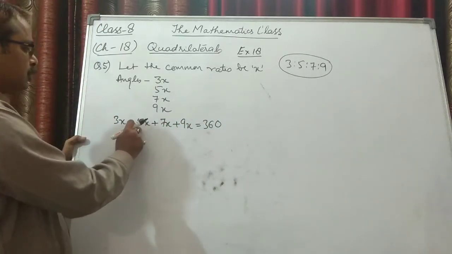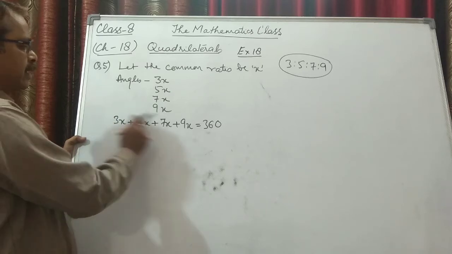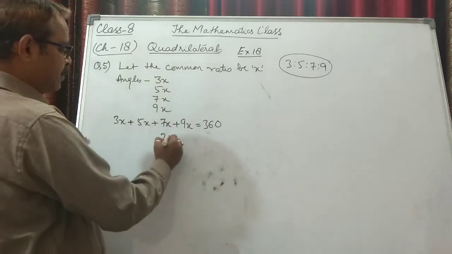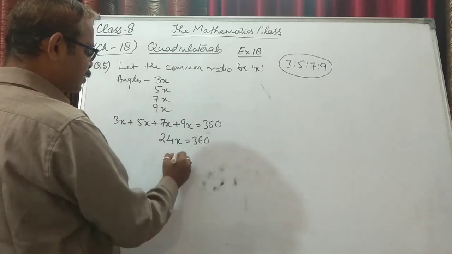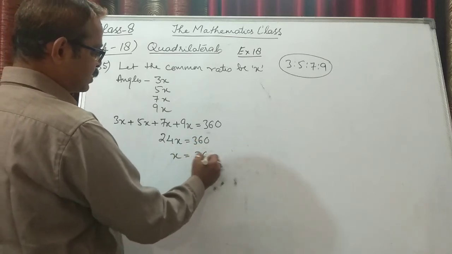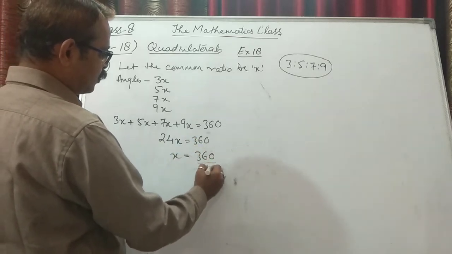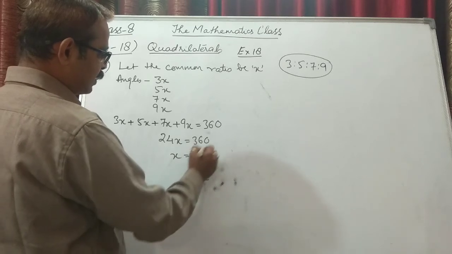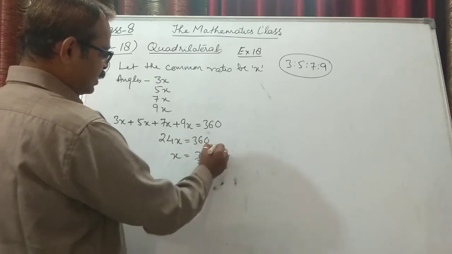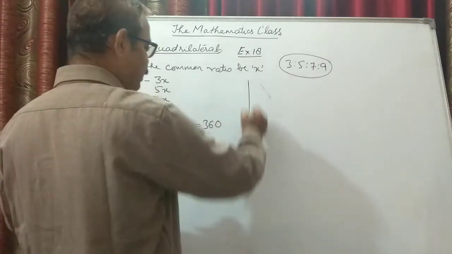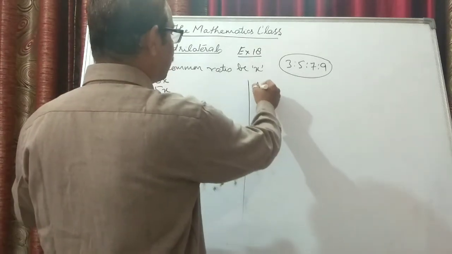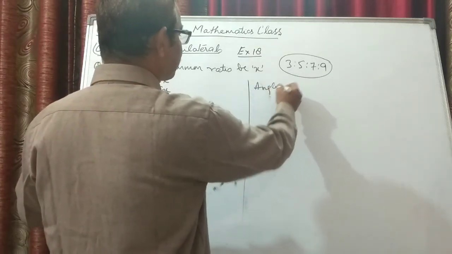Now 12, 15 and 9, 24. So 24x is equal to 360. So x is equal to 360 upon 24. 12 2s are, 12 3s are and 2 15s are. So that constant value is 15. So the angles we can easily make out. Now the angles will be